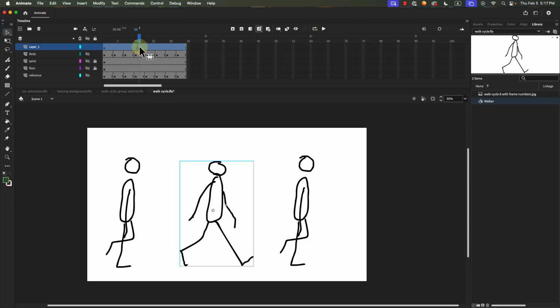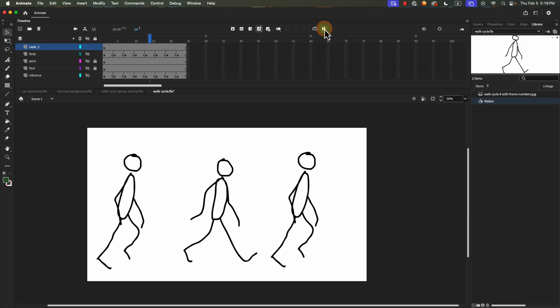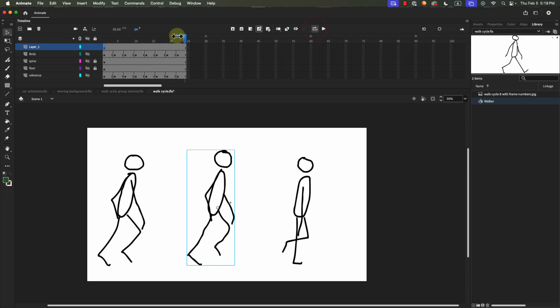Oops, look at that. I put it right in the middle in the keyframe. Let's undo that, go to keyframe 1 and put that in there. Okay. So now we've got